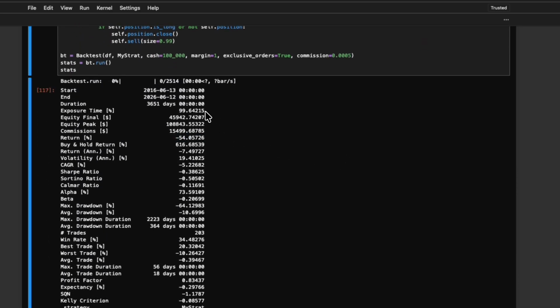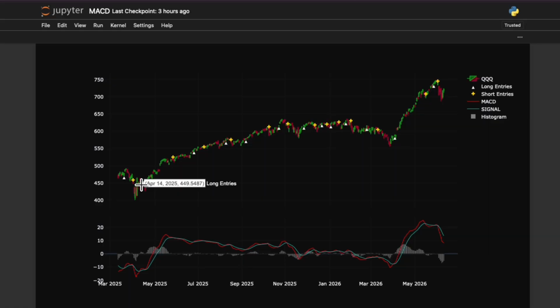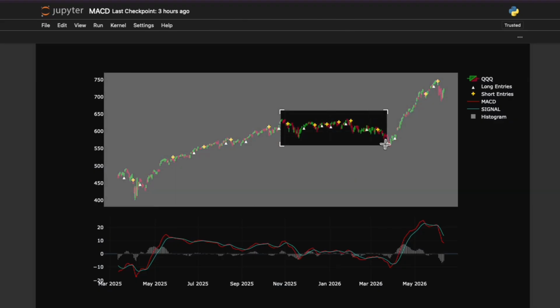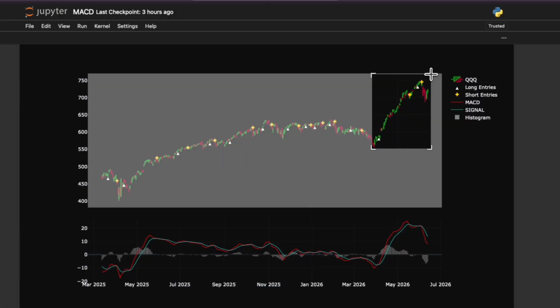So you're in the market all the time because all you're doing is flipping between long and short. Where you get a buy signal here, you hold that long position until you get a sell signal, and then you flip short and hold that short position until you get a corresponding buy signal, and so on and so forth. And all the damage is coming from these sections here. So obviously the recent run that we've had,